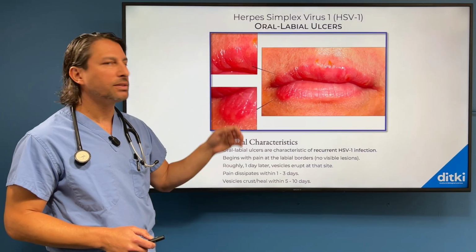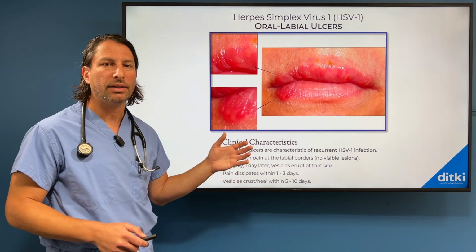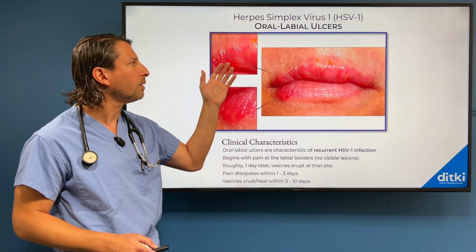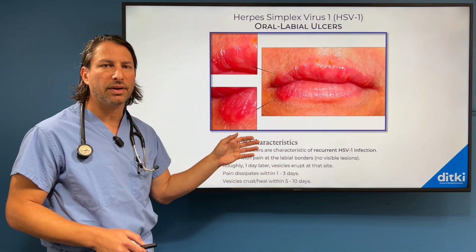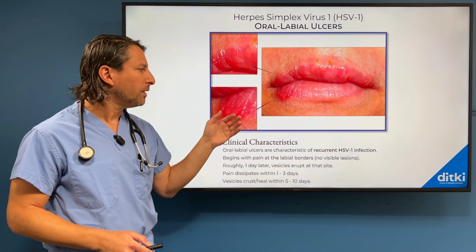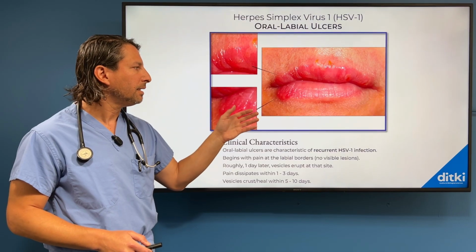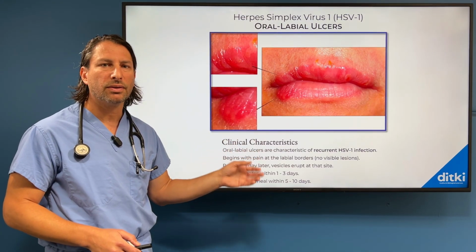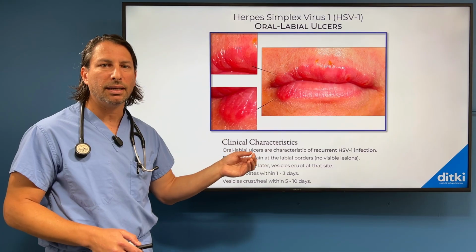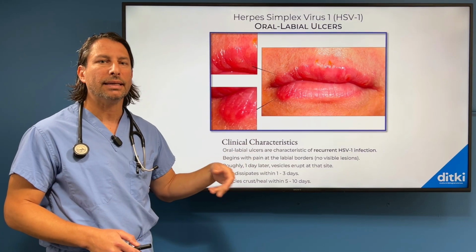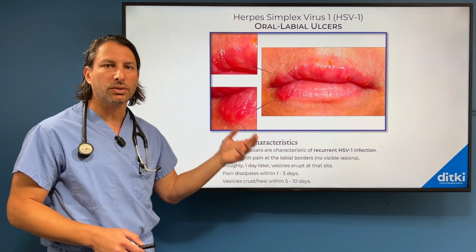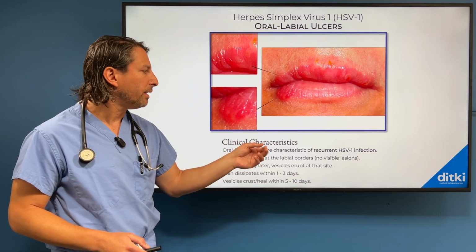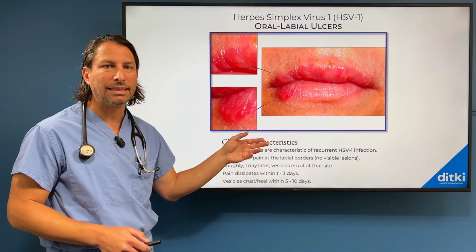HSV-1. So herpes simplex virus 1 can do a whole lot of different things. Here we're going to focus on oral labial ulcers. They're a reactivation of HSV-1 infection. So HSV-1 infects into the skin, it tracks along the sensory nerve, and then it lies dormant in the sensory ganglion. It can get reactivated under physiological or psychological stress,